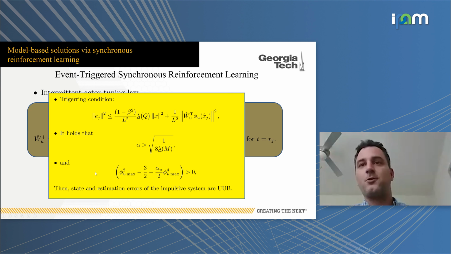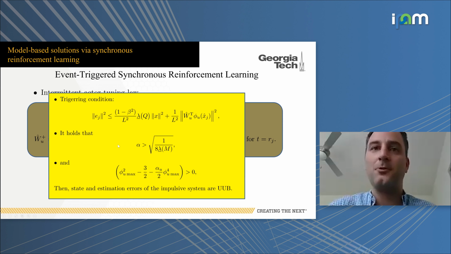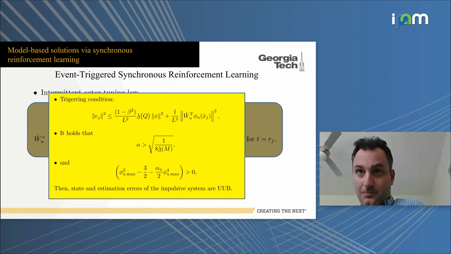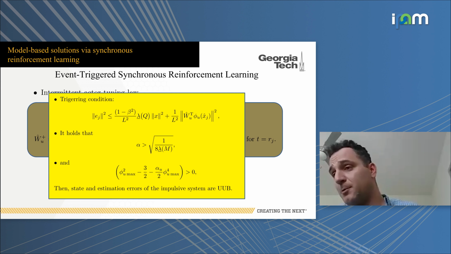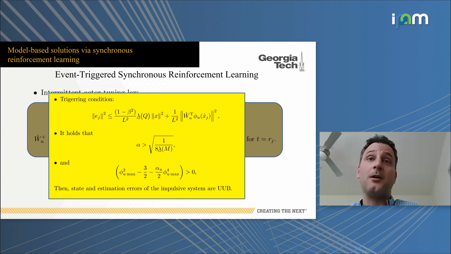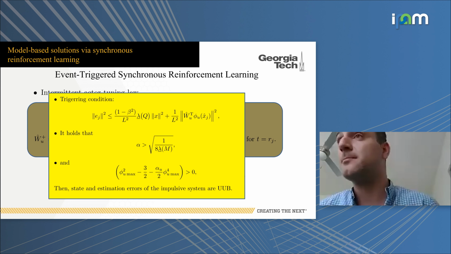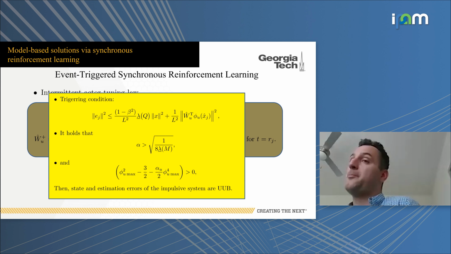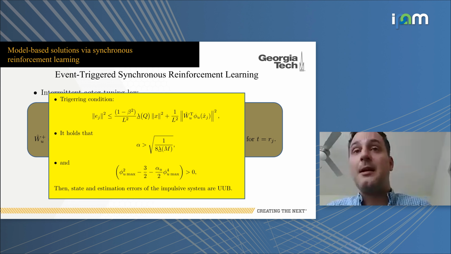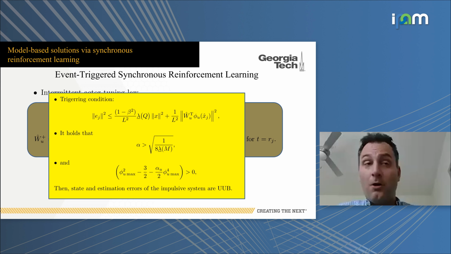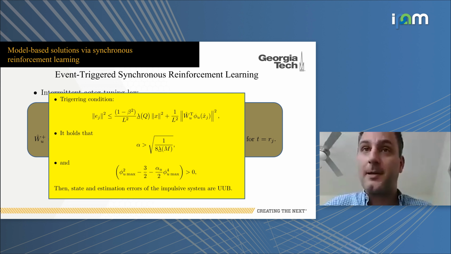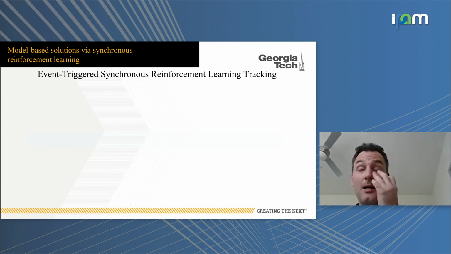And of course we also have to have conditions for how fast you tune your critic and all these things. Here we can prove that our closed loop signals are bounded. We cannot really prove that the equilibrium point is asymptotically stable, and this is because of all these approximators that we have used. The previous one was for regulation. Of course, we have used it also for optimal tracking.